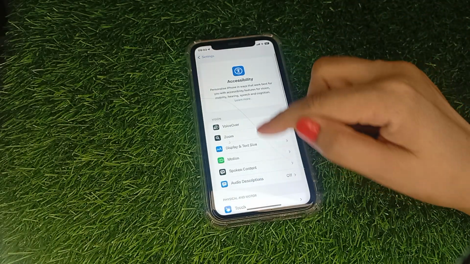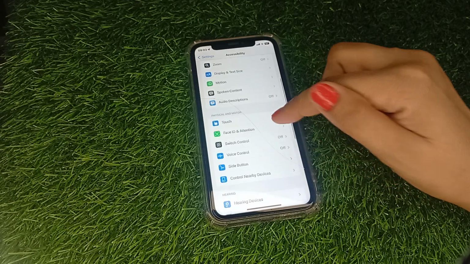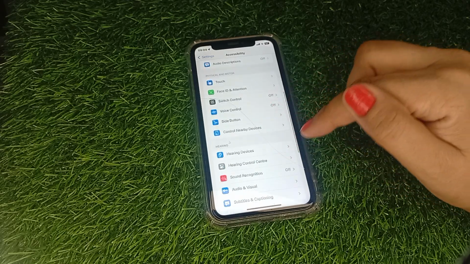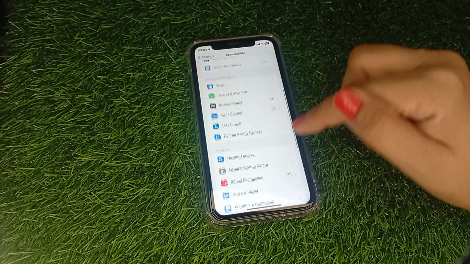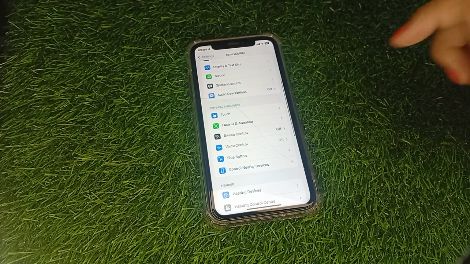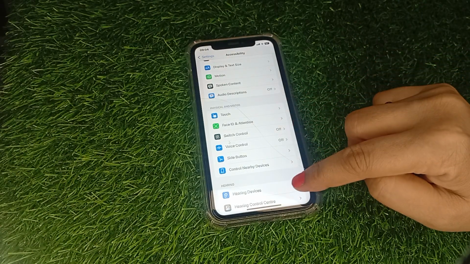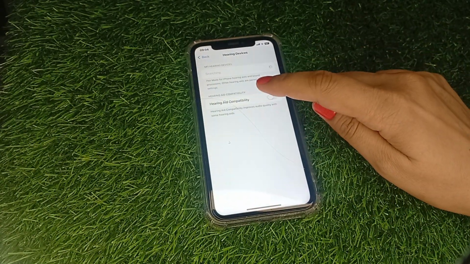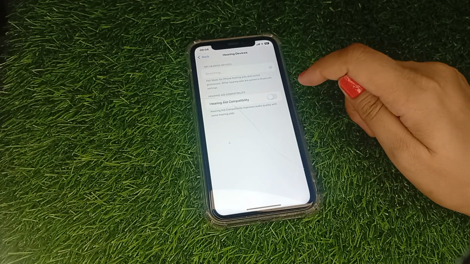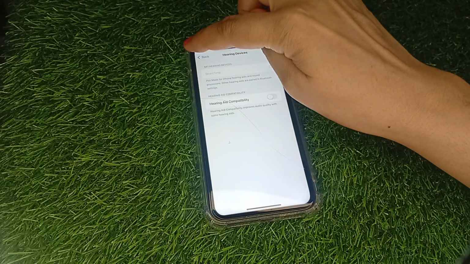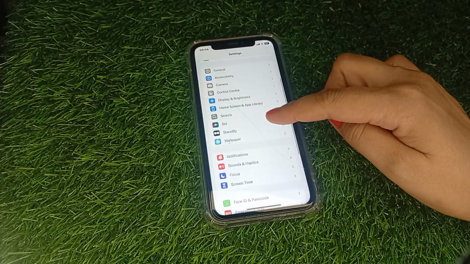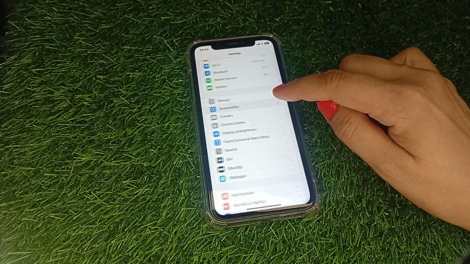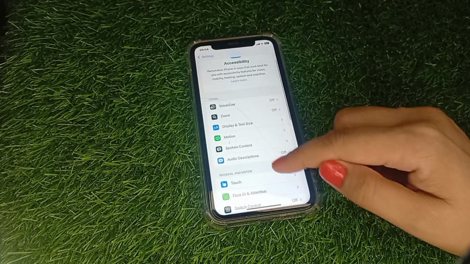Tap on it, and after that you have to tap on Hearing Devices. Tap on it. Your hearing aid compatibility must be turned off. After that, go back to Settings again and open Accessibility again and go to